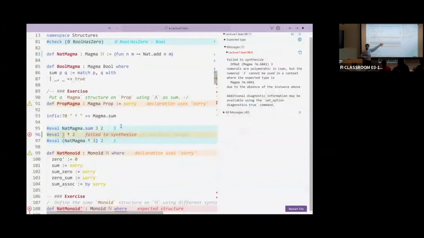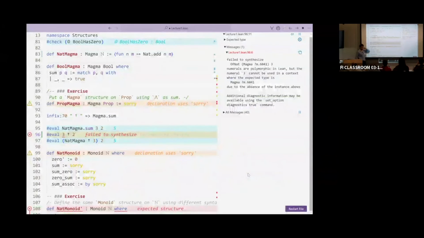The error message has to do with synthesized. That is a word that you have already heard this week. I will say something more about this, but what is going on here is that in order for Lean to be happy with this, something more is needed. It really needs to be automatically able to understand which magma structure this symbol is currently referring to, and at this level it is incapable of doing so.